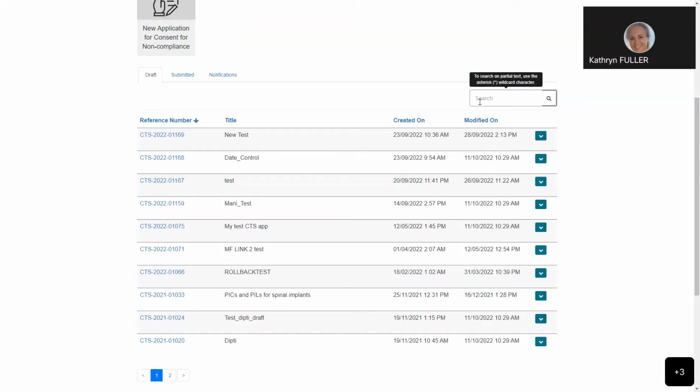Now, you can also use the search function to search for an application on any view by typing in the application reference number or name into the search box and pressing the magnifying glass. You can also do a partial search using the asterisk as a wildcard character and typing in part of the name or a number. Let's say, for example, I want to have a look at one of my applications that